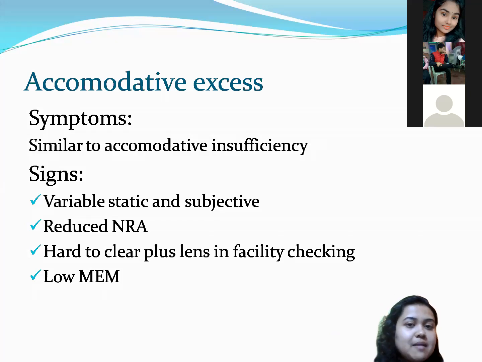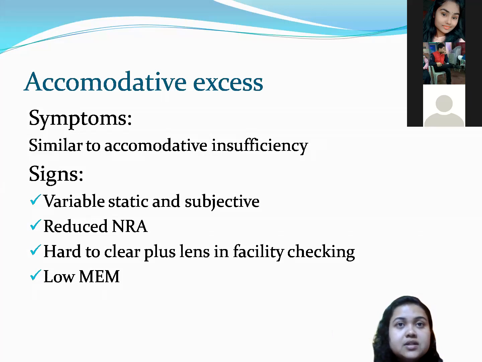Okay, so the amplitude of accommodation is at a higher stage. If you repeat the amplitude of accommodation two to three times, you can find there is fluctuation of the amplitude of accommodation. If you are testing the amplitude of accommodation monocularly, you can get a higher value. You will get a lead of accommodation in the dynamic retinoscopy value, right? And then when you are doing the NRA PRA testing,